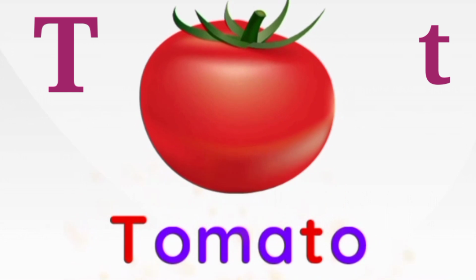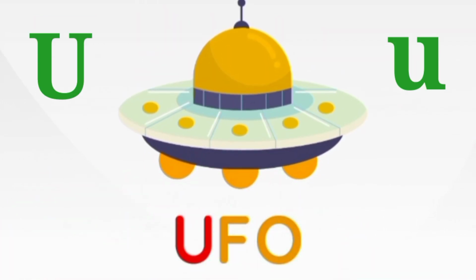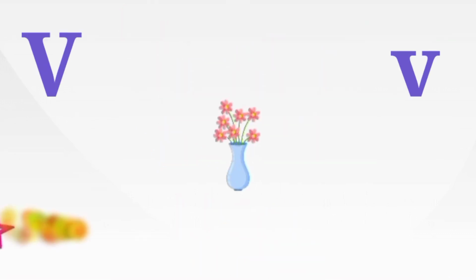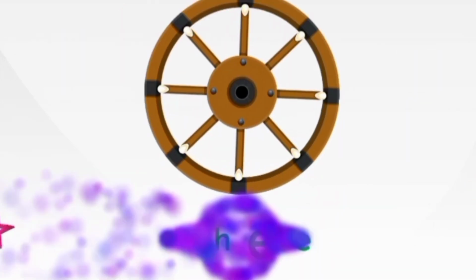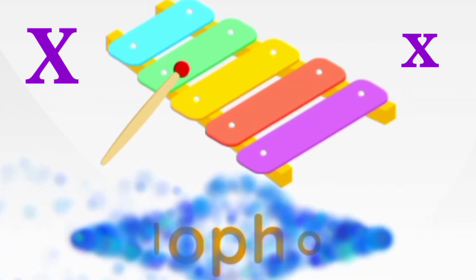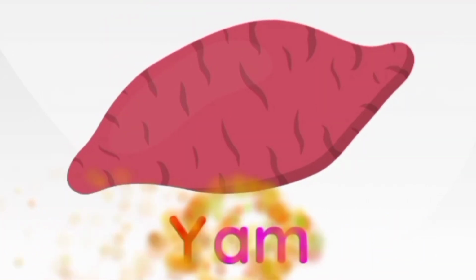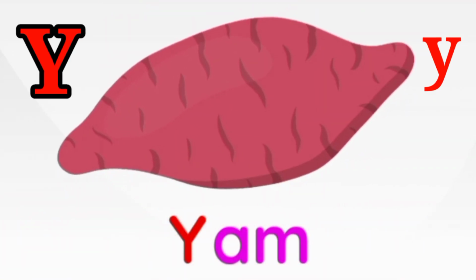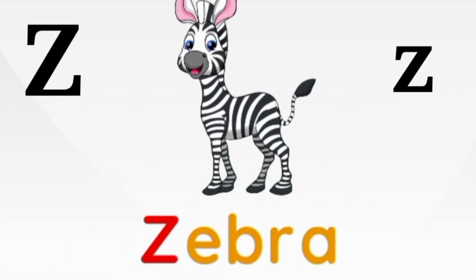T is for tomato, U is for UFO, V is for vase, W is for will, X is for xylophone, Y is for yarn, Z is for zebra,